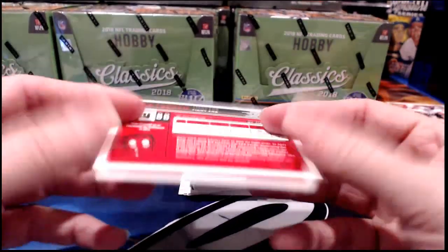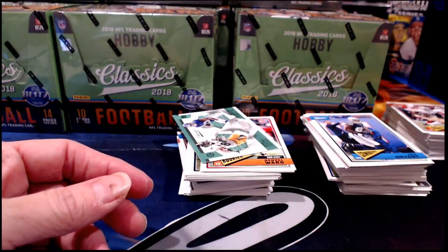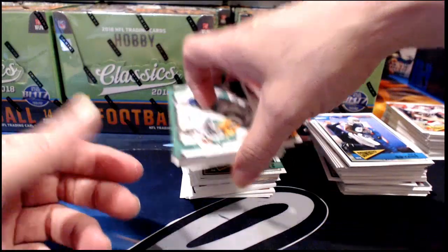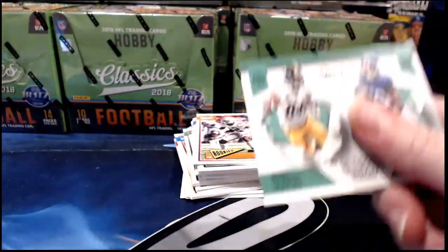So that's an example of one numbered to 299 with the red back that I was talking about a minute ago. And then we've got